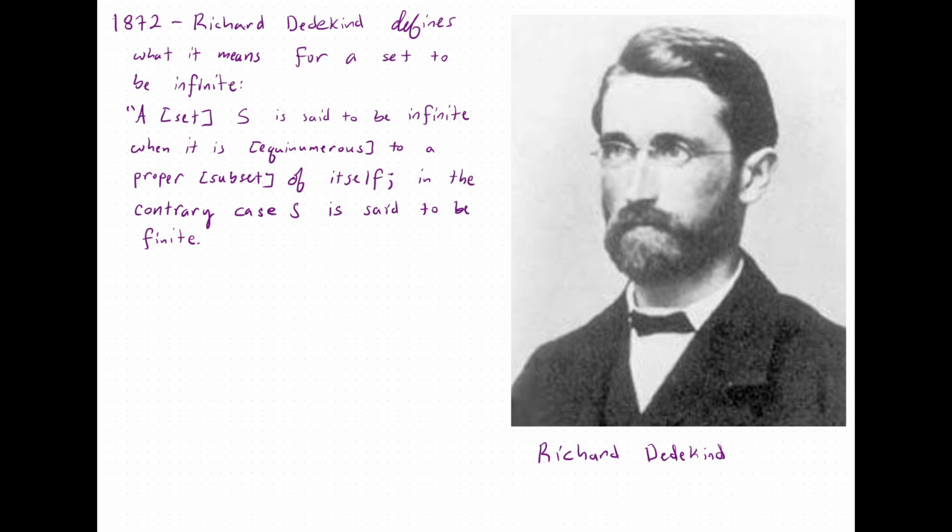He, as well as Cantor, who, as we will see, in the same year gave a definition for what it meant for a set to be infinite, yet they did not call it a set yet. Implicitly, we know it today to be a set. So what was Dedekind's definition for what it meant for a set to be infinite?